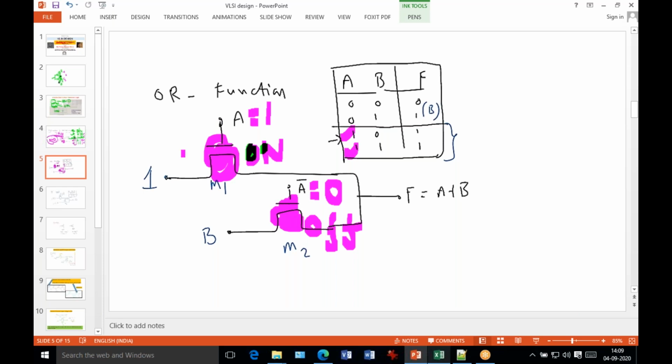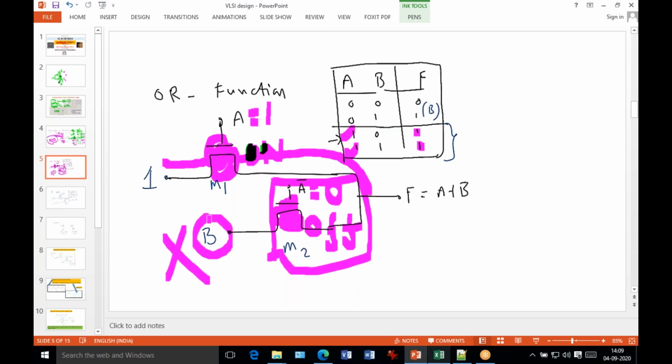Okay, so if this is on, this input is connected here. What is my input? My input is 1, so that means my output is always 1. It does not depend on B, because this is off condition. This transistor is off, so it plays no role here. This B node does not play the role here. This node plays the role here. So what is this node? This node is 1, actually VDD supply.